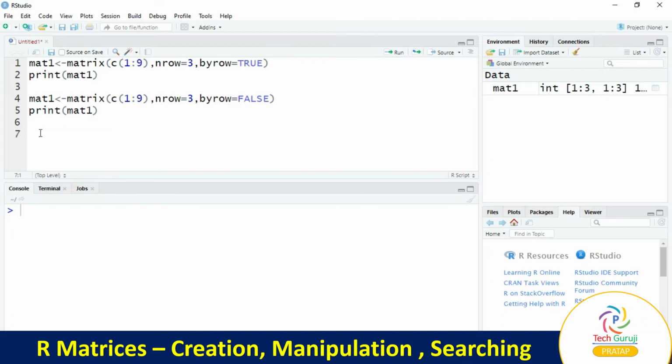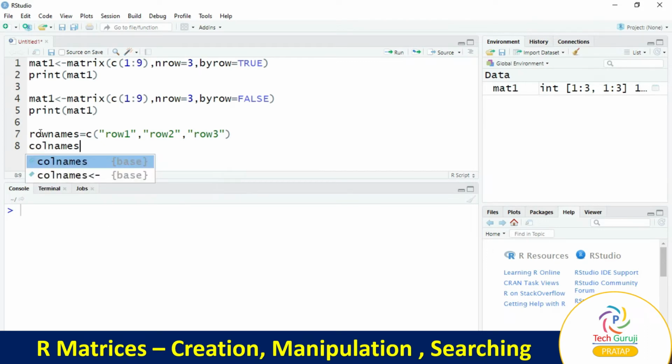We want to give names to the matrix rows and columns. For that purpose, we need to create variables and assign them within dimnames. So we'll create rownames is equal to the c function, row1, which is a string, comma row2 comma row3, because we are going to use a 3 by 3 matrix.